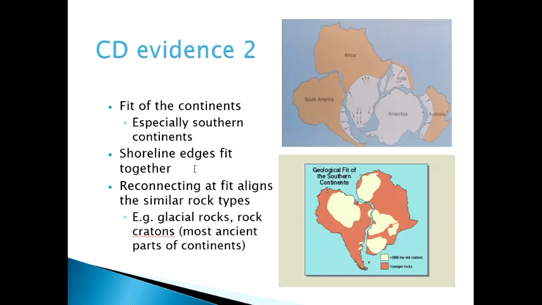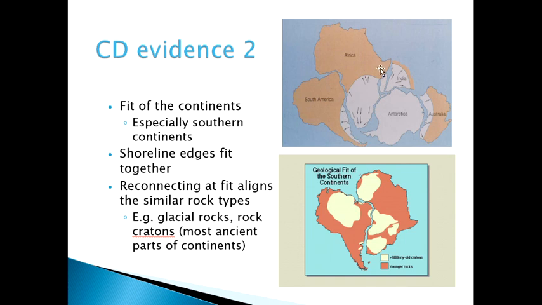His second bit of evidence was that if you look at the continents themselves, they fit roughly like a jigsaw puzzle. He was fitting the edges of the shorelines, but he also looked at rock types, so that if you look at certain bedrock types here in the lower slide in South America and Africa, the patterns match up. It's just like completing a jigsaw puzzle where you're matching up patterns of whatever's in the puzzle.